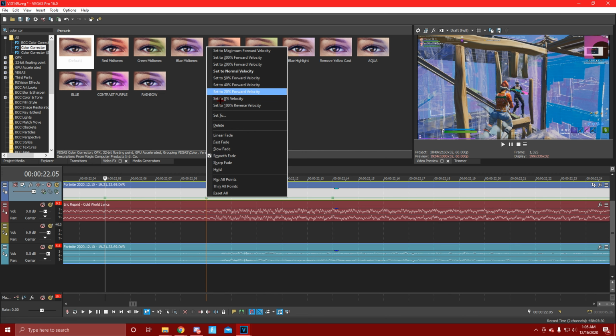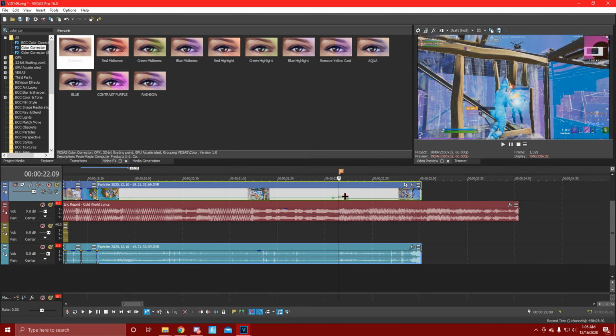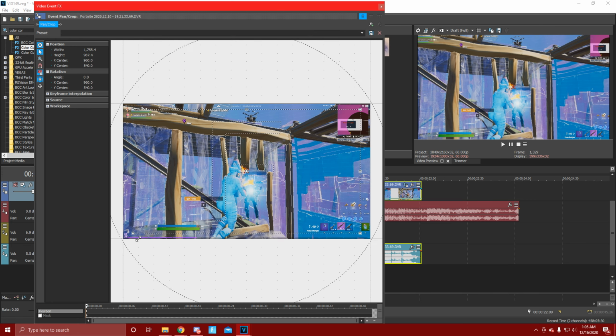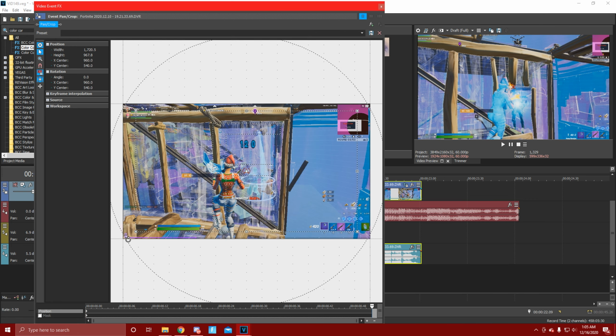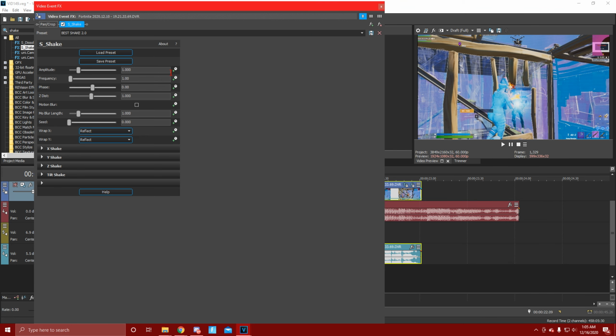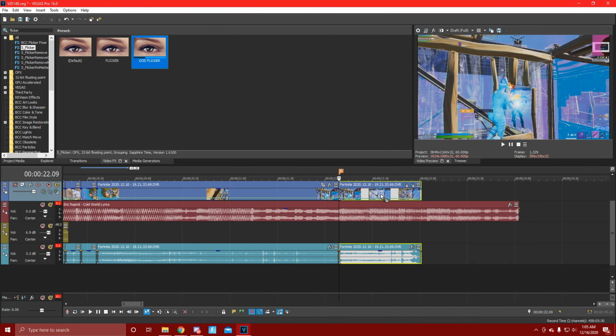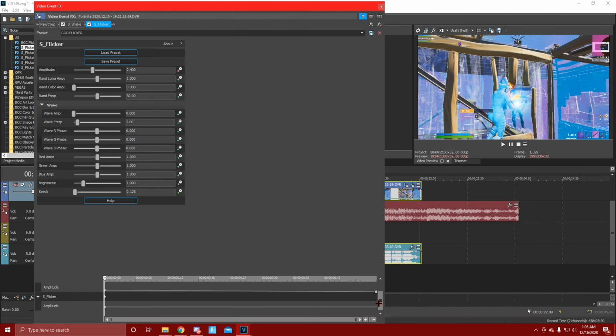Go to the beat drop marker, set to 200 or 175, then go to the far right, right click, set to 50. Split right here, crop it, make sure it goes right under the gun bar. Go to the very end, drag this all the way down to there. Now add shake onto it, go to amplitude, animate, drag to the very end, drag this to 0. Same for flicker, drag it on, go to amplitude, animate, go all the way down, go to the very end,